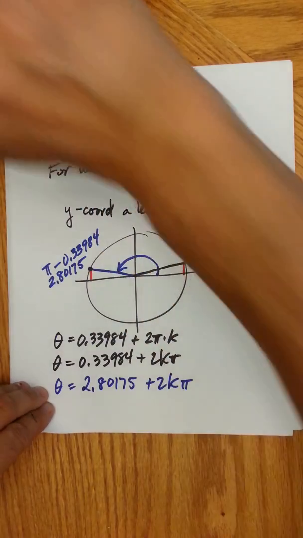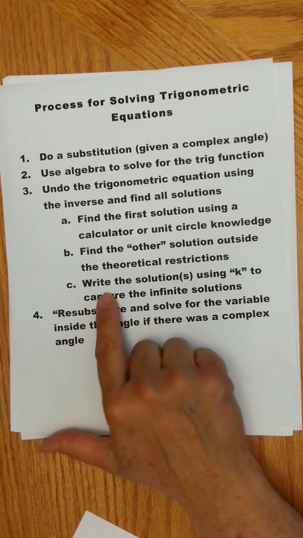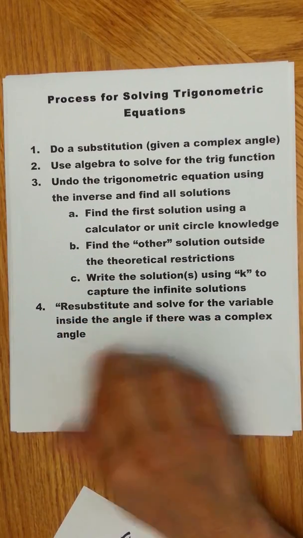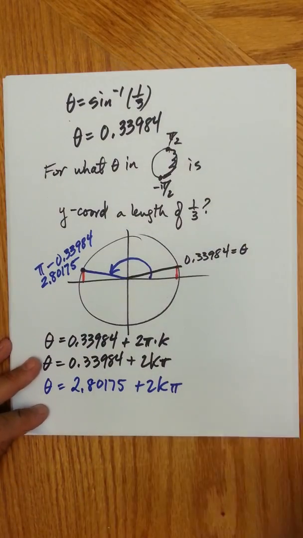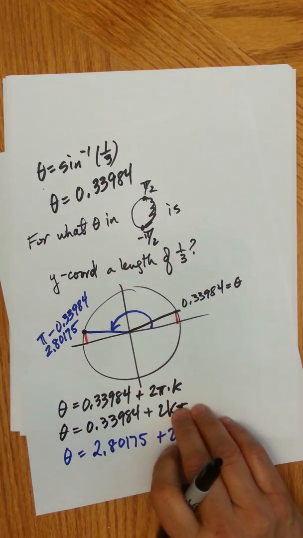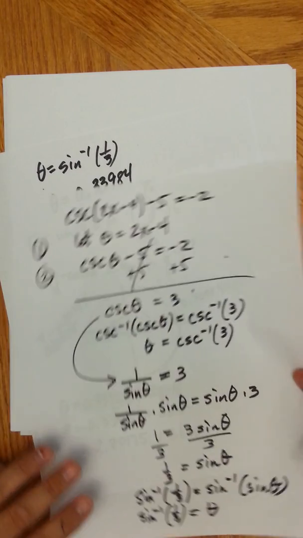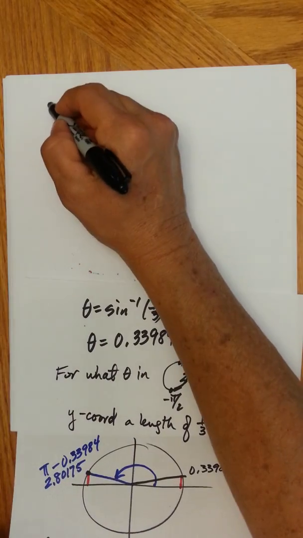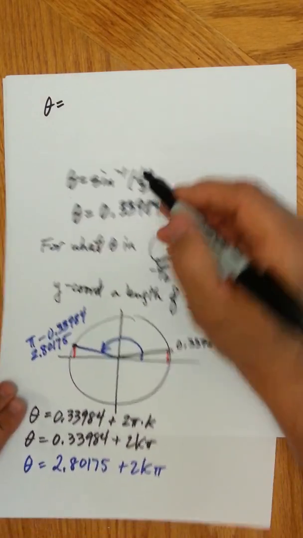But we're still not quite done. We've found theta, right? We have not found x. So here's where we have to resubstitute and then solve for x. So let's take a look at then. Remember, we let theta be 2x minus 4. So since I have theta equal, let's put this here,